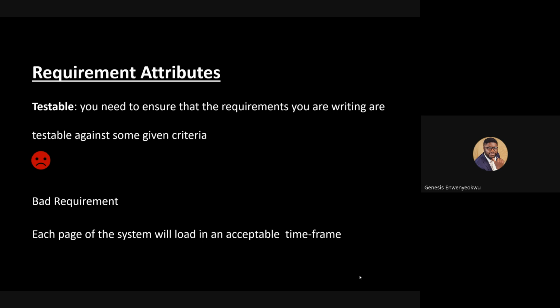Here's an example of a bad requirement. This one says each page of the system will load in an acceptable time frame. What is this acceptable time frame? Is it 5 minutes, 5 hours, 2 seconds, 3 seconds, right? As a BA, we need to make sure that we write reasonably testable requirements for the engineering team to